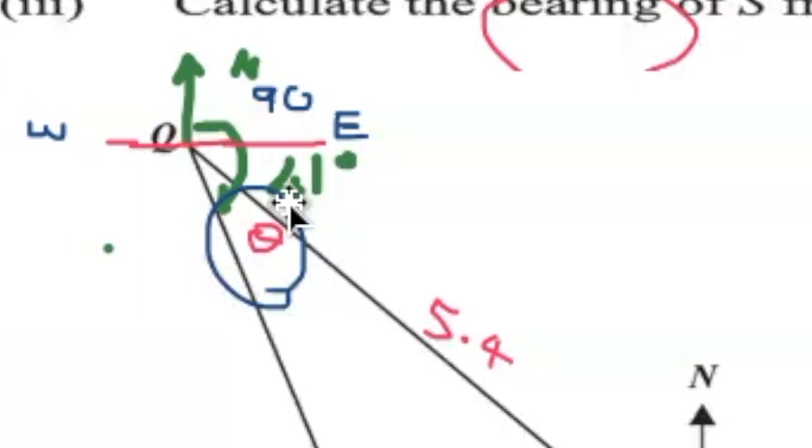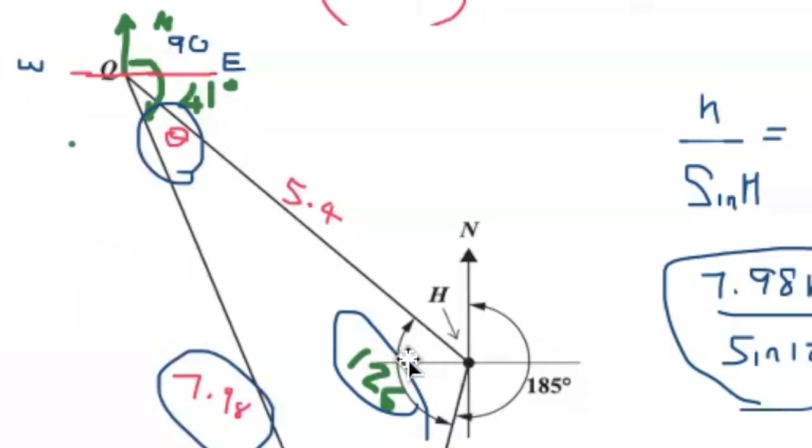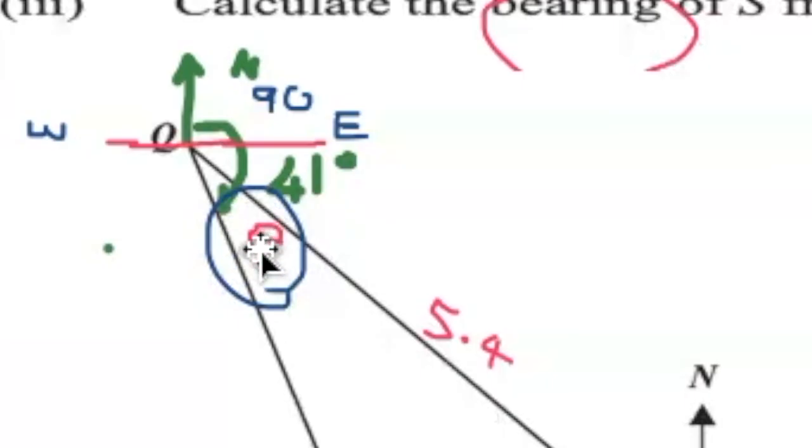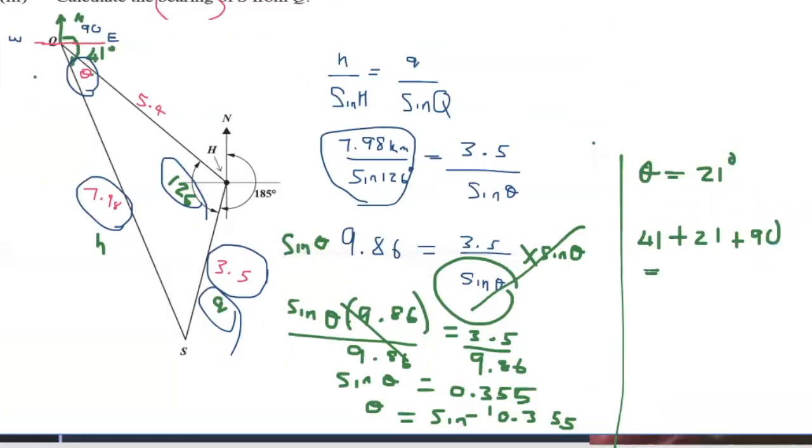And from here to here will be 41 because it's a Z angle. I had established that this is 41. So right here will also be 41. And we just calculated that theta here will be 21 degrees. So adding 90 plus 41 plus 21 degrees, that will give me